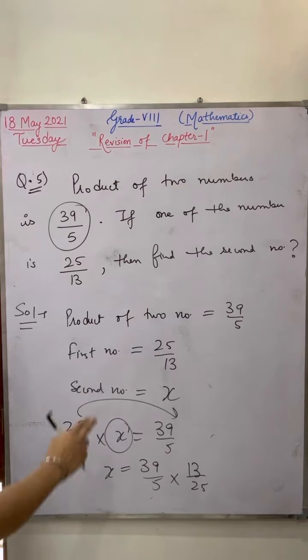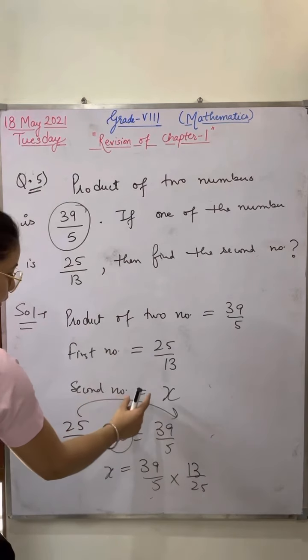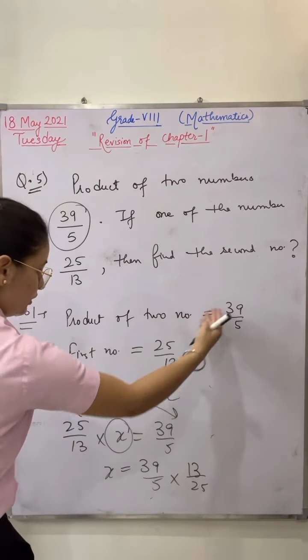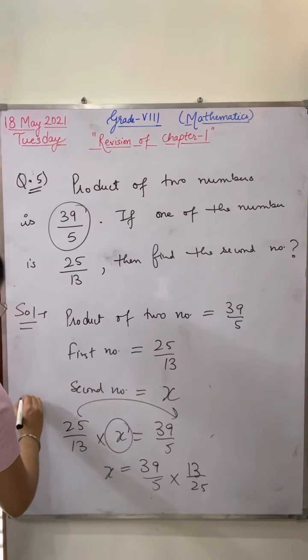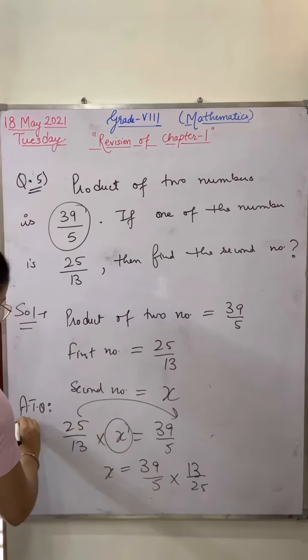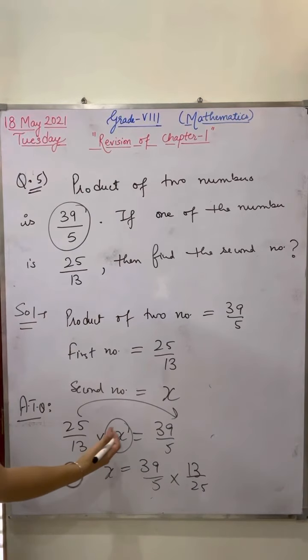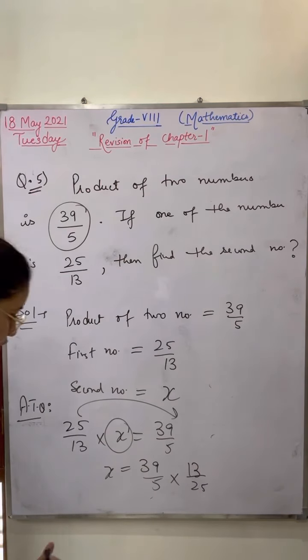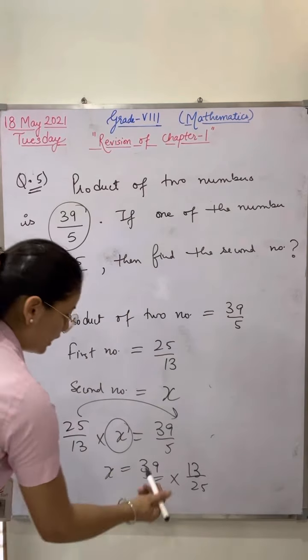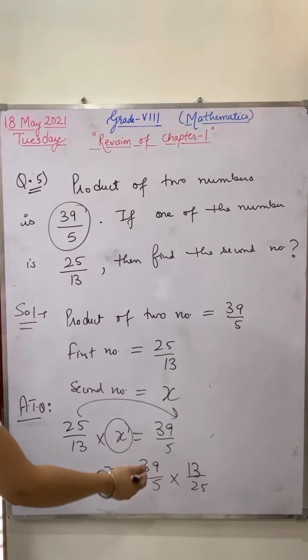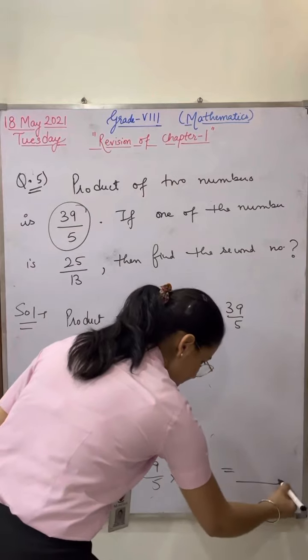Okay, ma'am. In the beginning, what you were saying, in this way only you have to multiply these two terms, and in this way also you can solve the question. It means the multiplication of two numbers is equal to 39 upon 5 and you will get the answer. Cancel the terms. You can cancel on the 5 table or 3 table or 13 table, just see to it and you will get the answer.